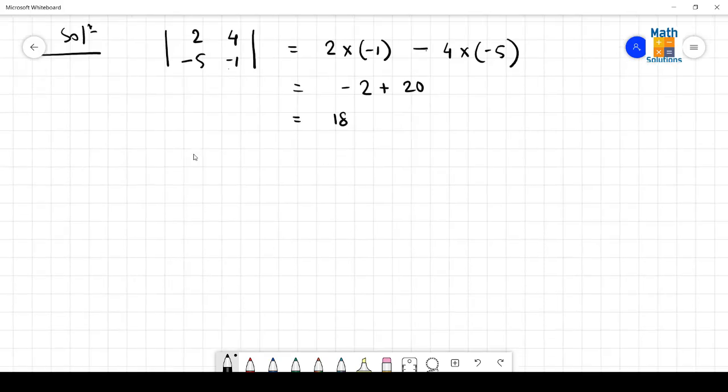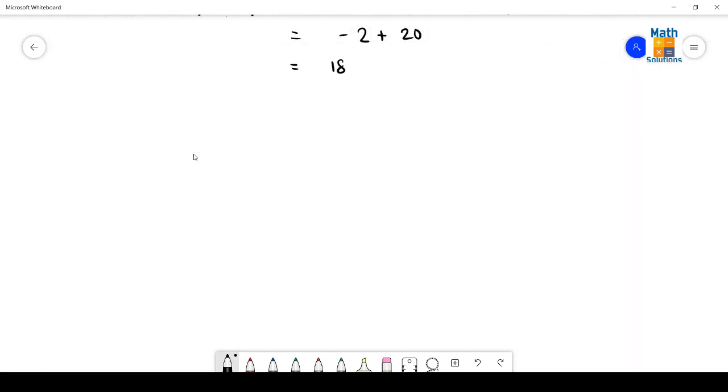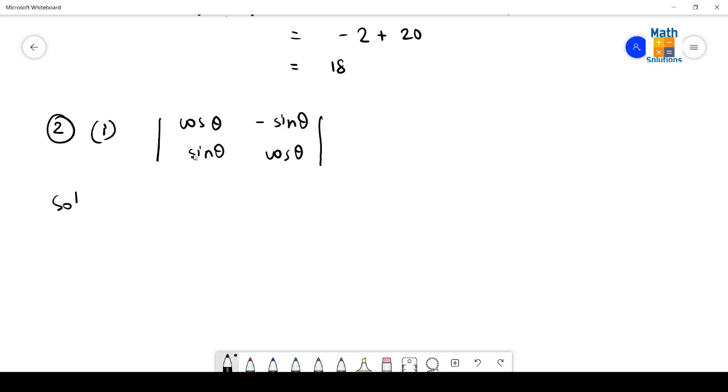Then coming to the second question. In the second question, there are two parts. The first part is determinant, within that cos theta, then minus sin theta, then in the second row sin theta, then cos theta. So again in this case similar expansion we have to make. So how can we write? Cos theta, then minus sin theta,